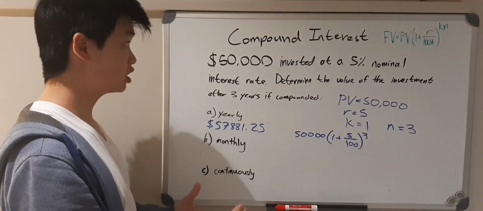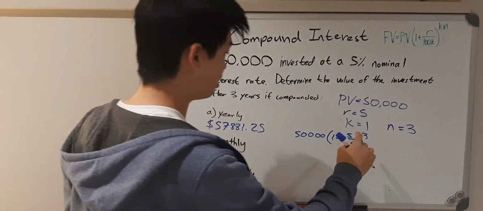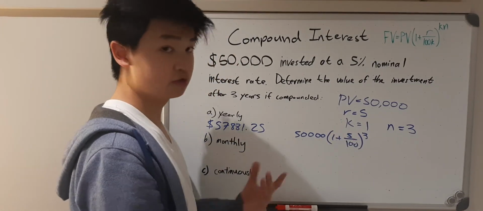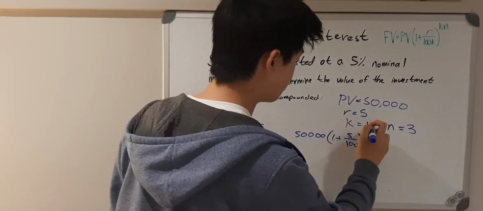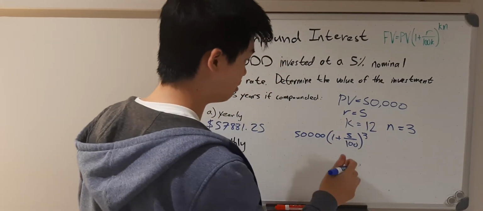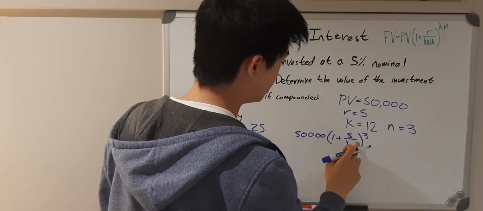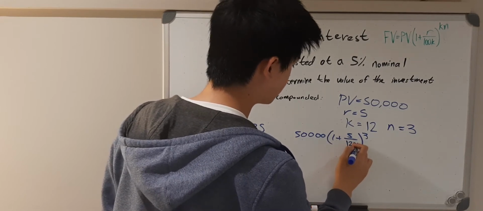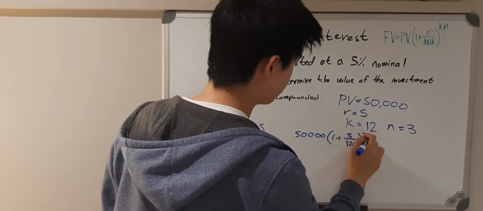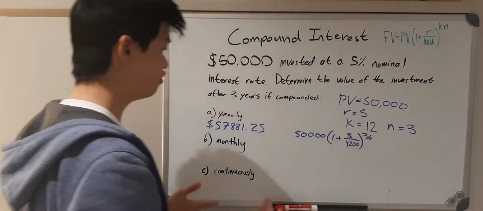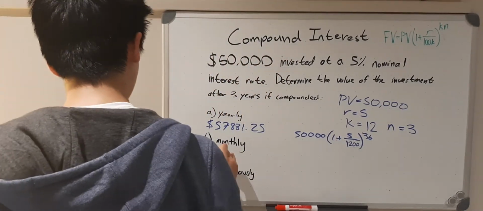Now we can do something similar for monthly. So for monthly, we know that there's 12 months in a year, so make k 12. Okay, so what we have to do is apply k in the two places where it changes. So this would be 1200 because 12 times 100, and this would be 36 because 12 times 3. And if you type that into your calculator, you will get